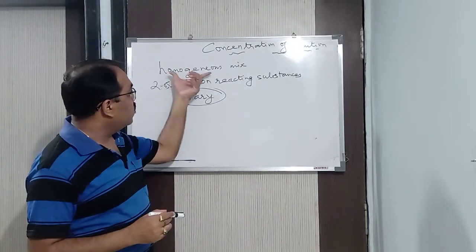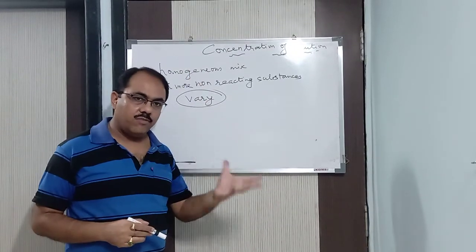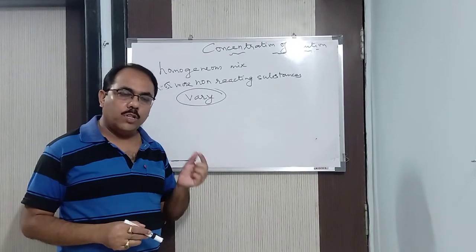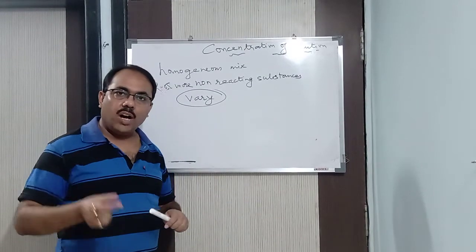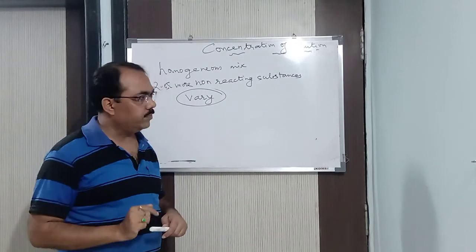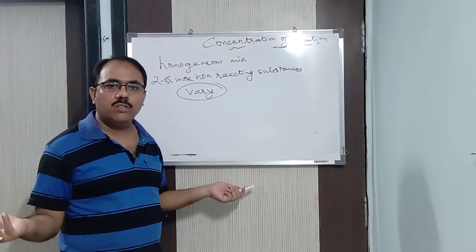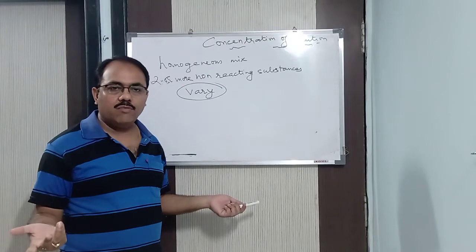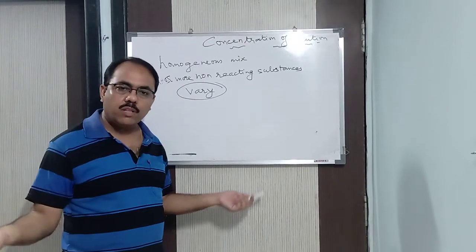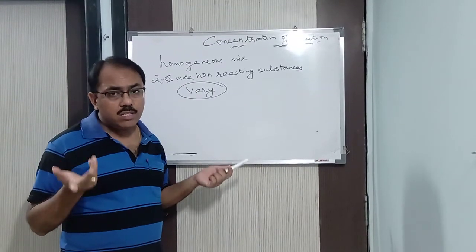Now let me give an example. What I said, it's a homogeneous mixture. You take a glass of water, and you put some sugar. Let us say you have added 1 teaspoonful of sugar to it. It forms a homogeneous mixture. Definitely, sugar dissolves in water completely. Or you take a glass of water, put some salt into it. It dissolves completely. So that is called a solution.